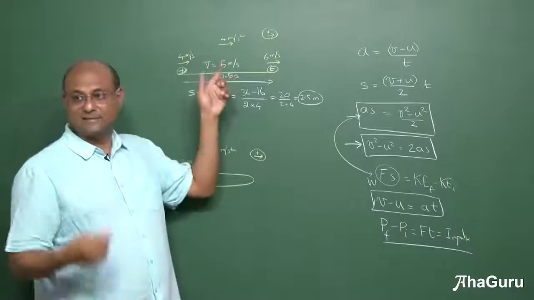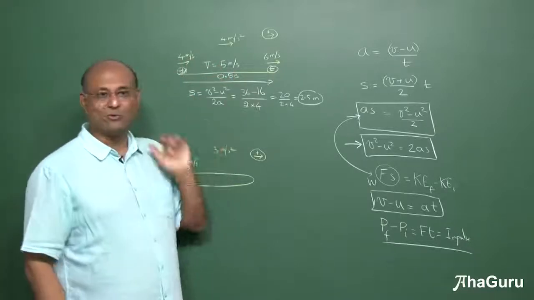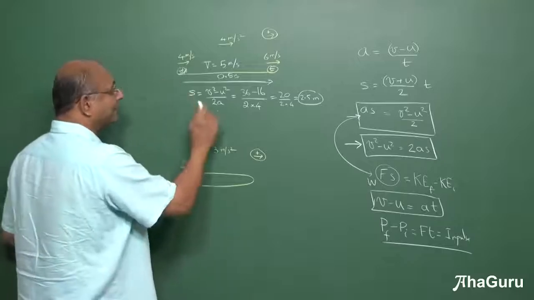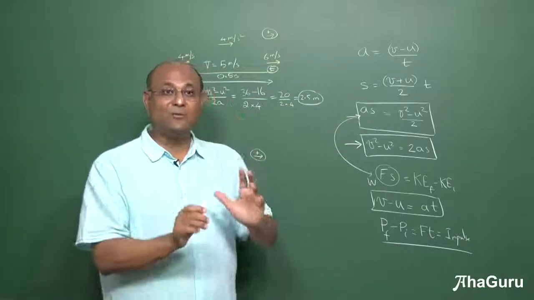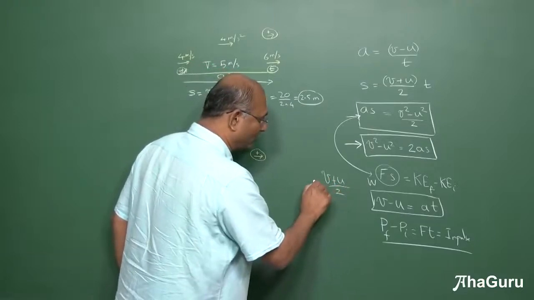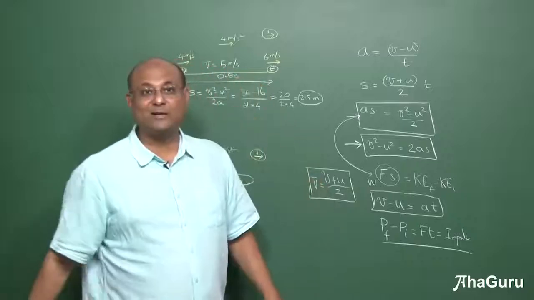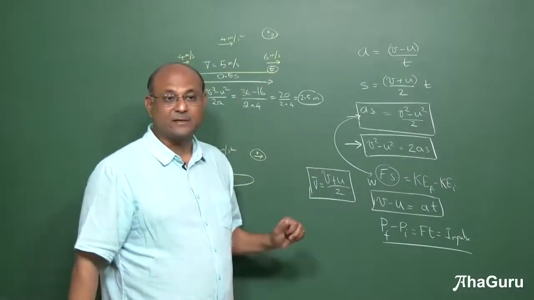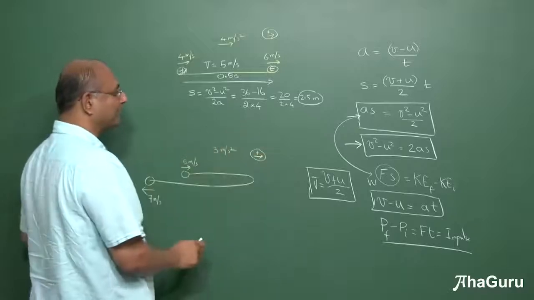Actually, I still think this is easier. But anyway, you should learn this, you should know how to do this. The basic point is never forget: people don't tell you that Galileo's big equation is final velocity plus initial velocity by 2 is average velocity. I think this is the single most important equation for uniformly accelerated motion. It's a very easy equation, so you should definitely be able to use that.